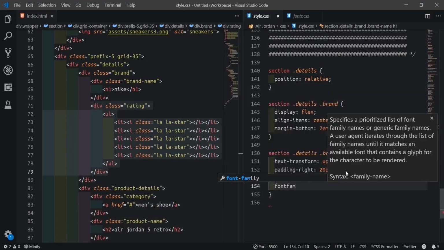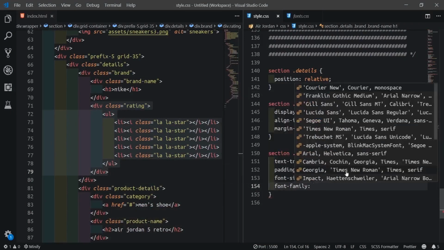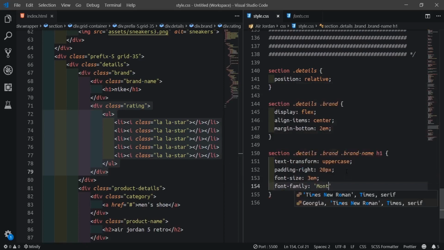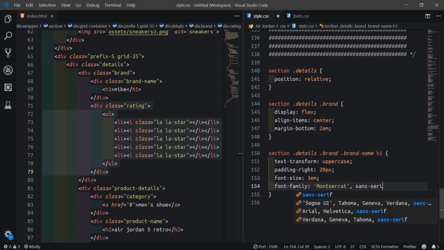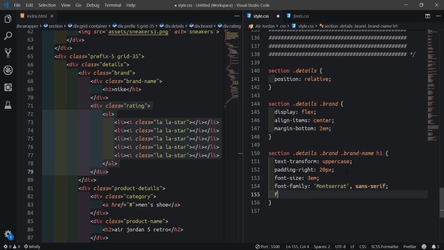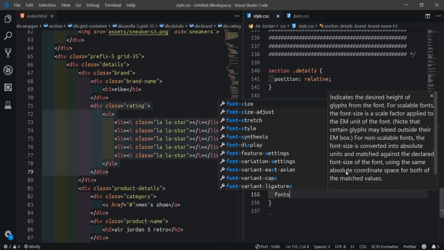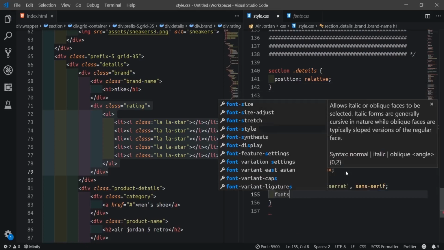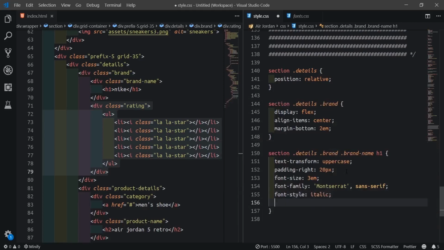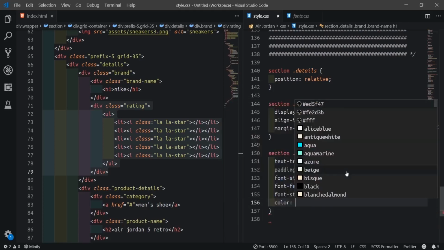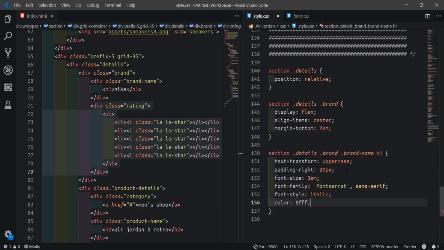Font family, we'll make it Montserrat, sans-serif. The font style should be italic. And the color, we'll make it white, FFF.